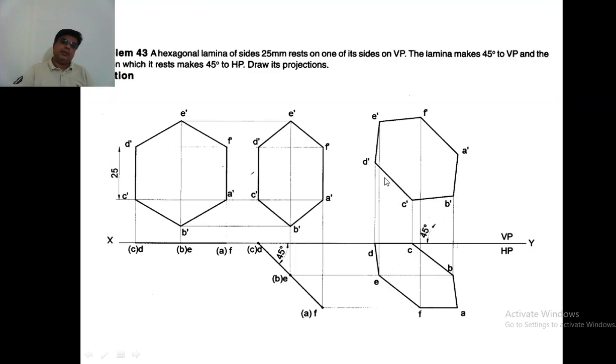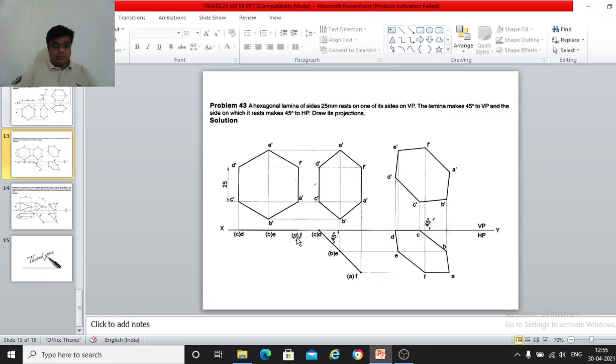Okay, it is a completely reverse of the previous problems where the plane was located in HP and inclined to HP. Now it is inclined to VP. Everything is same, procedure is same, but we will get in the opposite directions. So here, what will happen is, first when the lamina is inclined to VP and resting in VP, first you will get the front view.